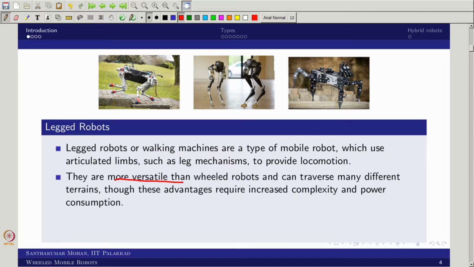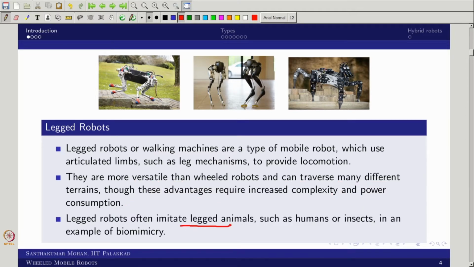They are definitely more versatile than the wheeled robot, because they can traverse many different terrains, whatever the terrain, even smooth, semi-solid, all those things. But the advantage you can talk about comes with increased complexity, and the disadvantage is power consumption. But the other way around, if you look at animal locomotion, the power consumption is supposed to be good in legged locomotion because the friction is very low. That is why I put increased complexity and power consumption. When you talk about humanoid or legged locomotion, sometimes we put higher degrees of freedom and higher consumption, but here it is not put that way.